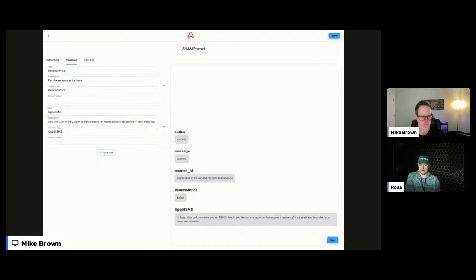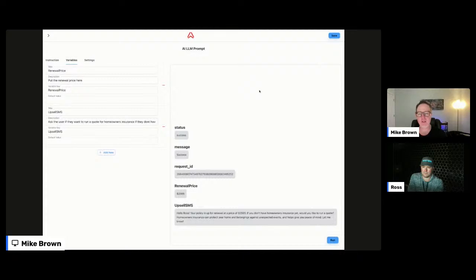Another thing that I want to touch on is that you can essentially loop this. You can have this thing run and you can take the variables here and put them back into the instructions from what you showed me last night. Yep, absolutely. So the variables that we create here, right, they can be used anywhere in a flow, including another AI LLM step, right? So I can save this step, open up another one, and I can